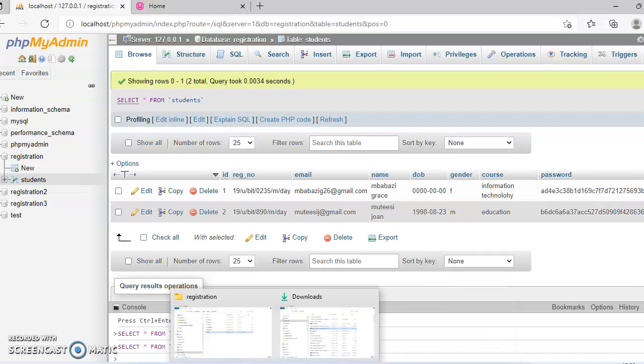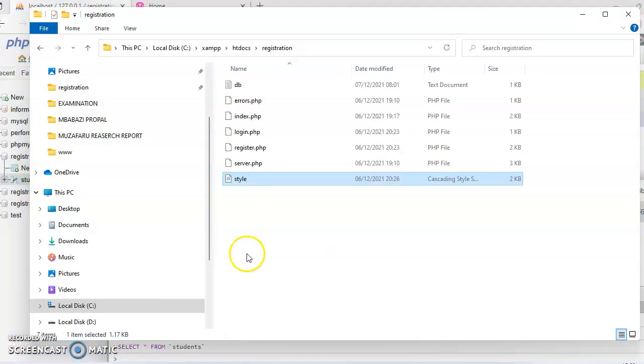So I came up with my files. We have errors.php, index.php, login.php, register.php, server.php, and style.css. So we shall edit these files using a text editor of your choice. Me, I used Notepad++.